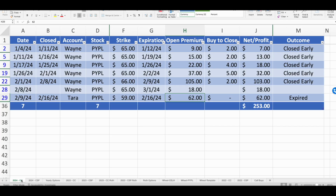So if you guys are interested in doing some more research, take a look at PayPal. I'm certainly going to be wheeling the stock, selling covered calls as well as cash secured puts. I'll give you guys an update, let you know how much premium that I earn in the upcoming week, and